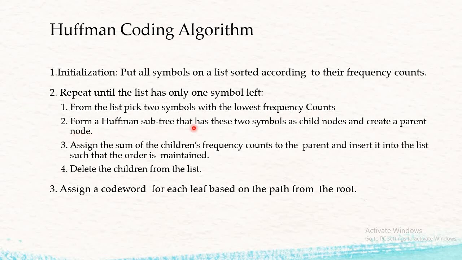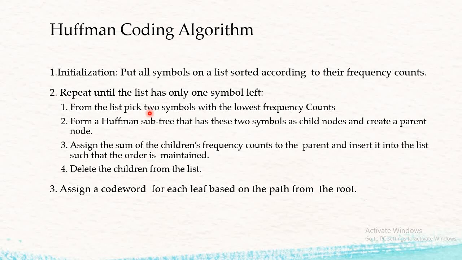Form a Huffman subtree that has these two symbols as child nodes and create a parent node. Assign the sum of their children's frequency counts to the parent and insert it into the list such that the order is maintained. Delete the children from the list. Now what we are doing basically, first we focus on the last two values in the list. We take the addition of those two and adjust the list in the sequence such that the decreasing order does not change, and we go on repeating this step until